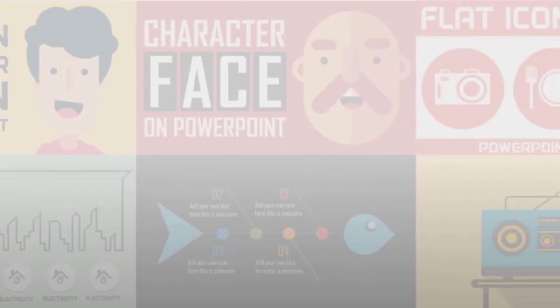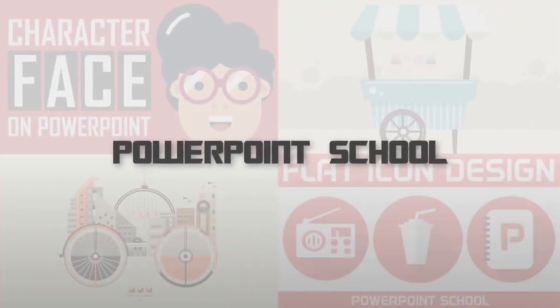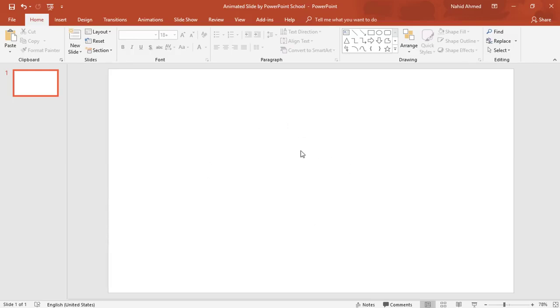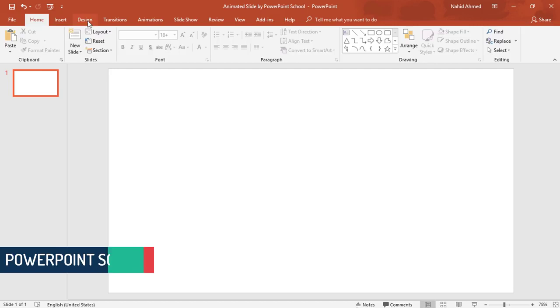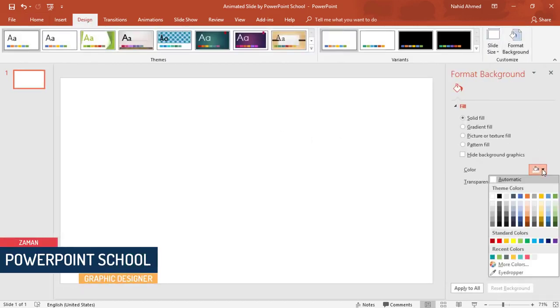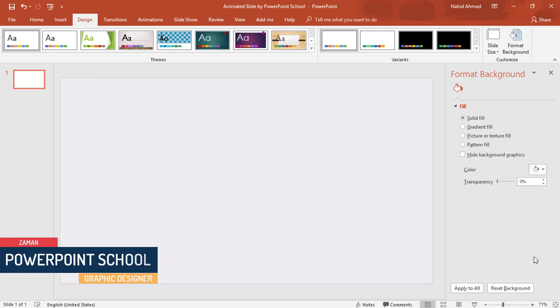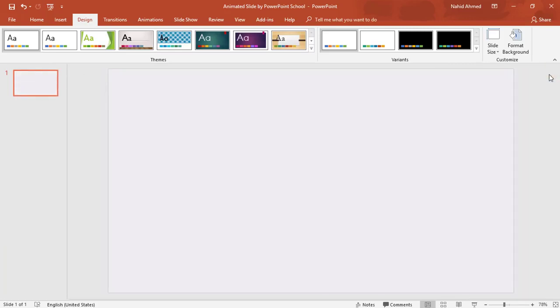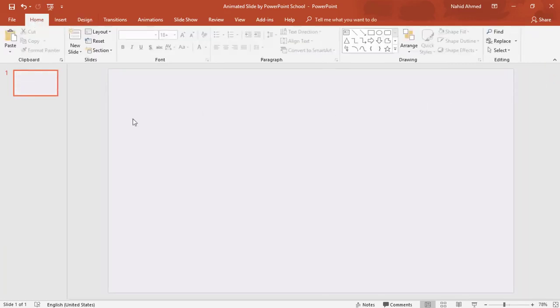So without wasting any further time, let's start our today's tutorial. Here you can see I have already taken a blank slide. So first, to change the background color, go to design, click on format background, and from here I'll pick this light gray color. Close it, go to home, pick a rectangle shape, drag it over here,